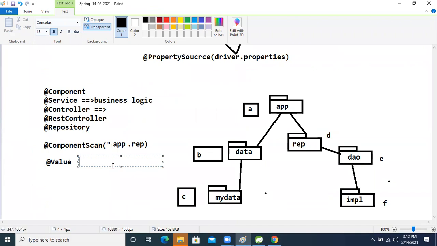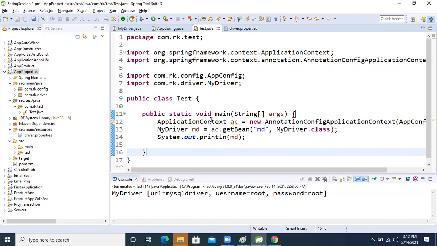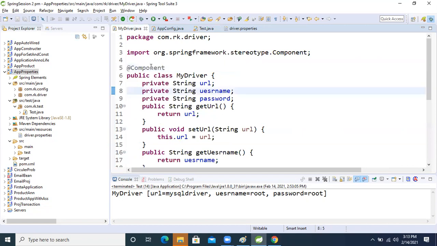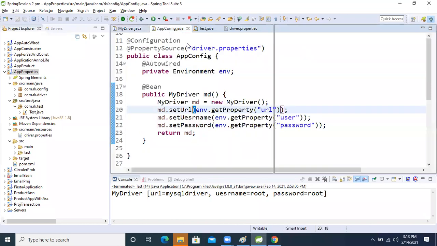Okay, so now let's see that, right? Come here now. In this application only we will do the practical. So for that, what will we do now? I want to remove this one. What I said is that if I want to apply @Component, apply @Component. Come here in the stereotype annotation. So we don't need to write this.